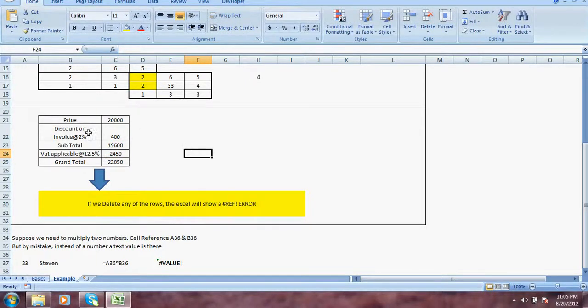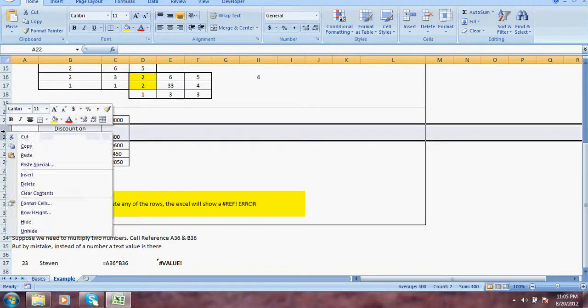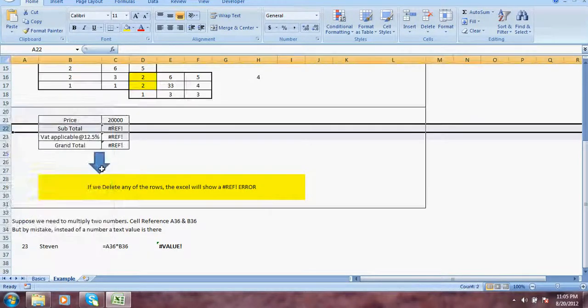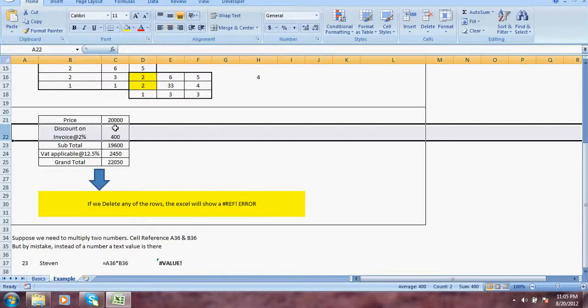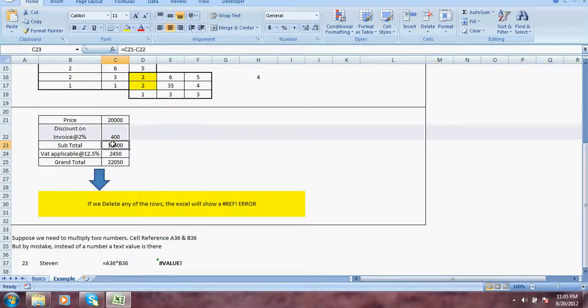If we delete any of the rows, let's assume if I delete this, so there is a reference error because in this case, the value of C23 depends on C21 minus C22.